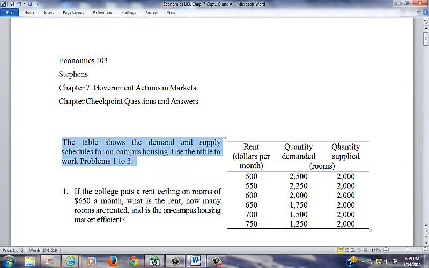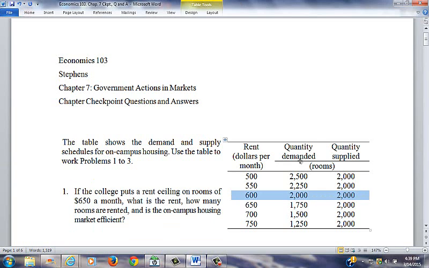The table is reproduced here. The first question asks, if the college puts a rent ceiling on rooms of $650, what is the rent? How many rooms are rented? And is the on-campus housing market efficient? The first thing to check when you look at these problems is what's the equilibrium price? And at $600, you can see where the quantity demanded matches the quantity supplied, so you know the equilibrium rent